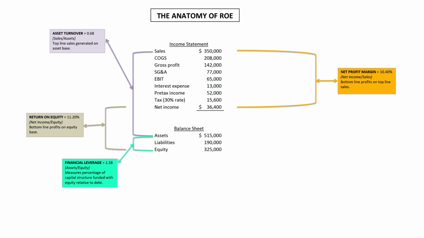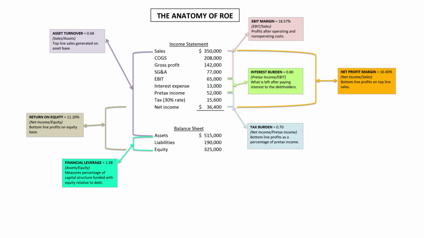Okay, so return on equity. If we just simply took net income, divided it by our equity, we would get 11.2. Obviously, that would be the easiest way to do it if that's all they want. Instead, what we can do is take our profit margin times our degree of financial leverage times our asset turnover, and we would also get that 11.2%.